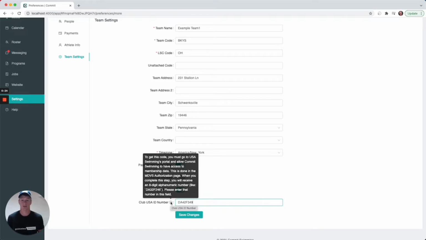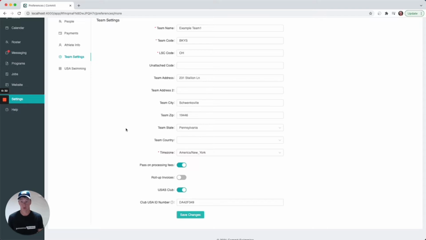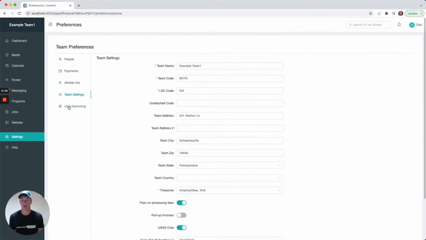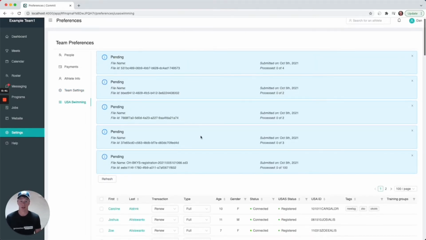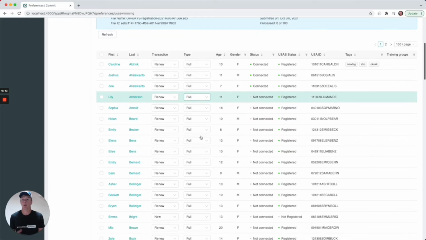There's an authorization page where you give Commit access to your data on USA Swimming. It's an 8-digit code. Enter that here and click Save. Once you do that, you'll notice that a USA Swimming tab appears under your settings. Go here, and here you'll see a list of any file that you've already submitted, but more importantly, you'll see